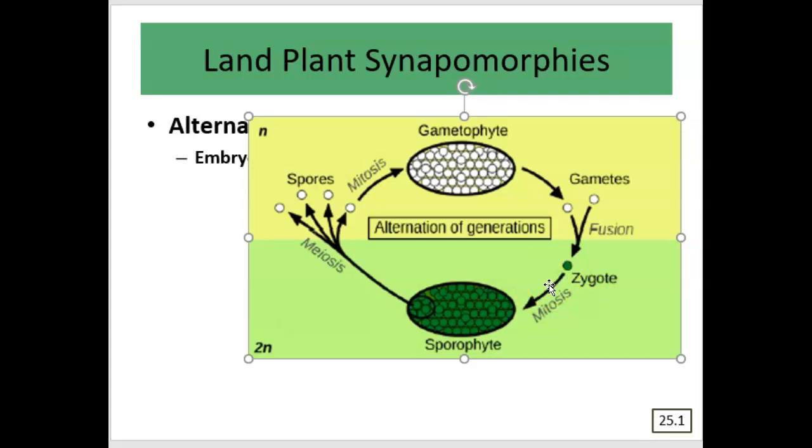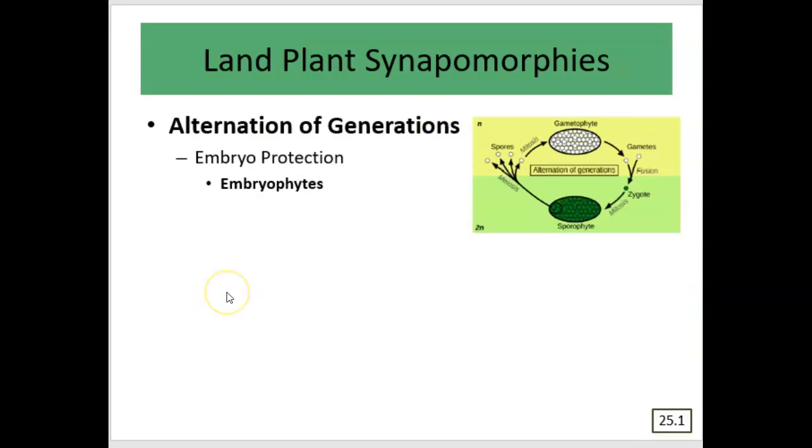And in land plants, they're going to provide protection for that embryo. That embryo is going to have some covering over it. That embryo is going to be more likely to survive because it's being protected. In the green algae that the land plants are related to, that embryo does not get protection. It's just kind of off by itself. This is such an important change that some people have suggested we should actually refer to the land plants as the embryophytes. Right? Phyte meaning plant, embryo protection, the embryophytes. This is something that's pretty distinctive and is one of the reasons that plants have become so successful, because they protect their embryos.